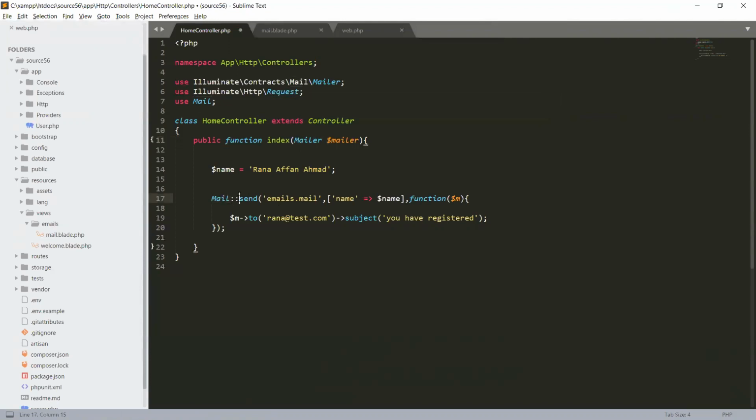But if you do not want to use the facade, you can give the mailer and use its helper function send. In the same way that you said,